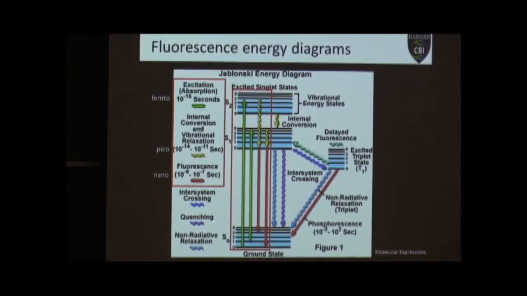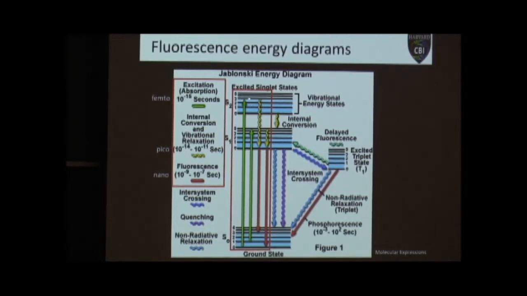So this process of being hit with that excitation photon and going to the excited state is a very, very fast process. Okay? So you can see the green line here happens in a femtosecond. So that's 10 to the minus 15 seconds. Okay? So this is a very, very fast process. Now the next thing that happens is